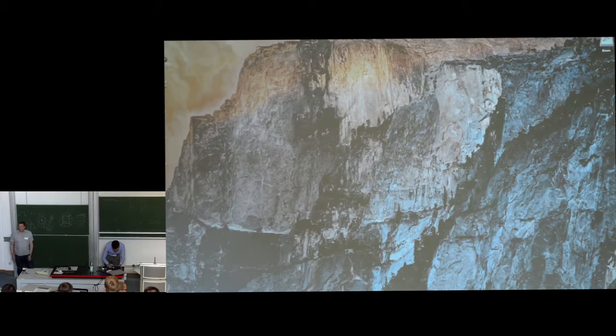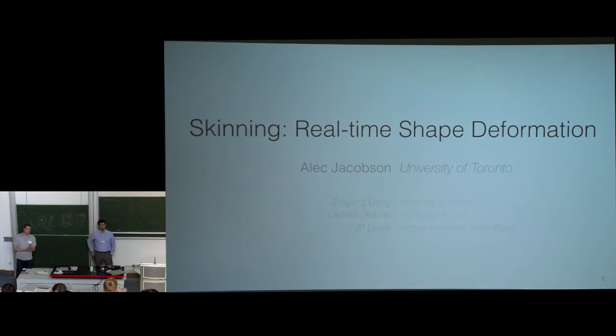Okay, let's continue. The last course for today is given by Alec Jacobson, and Alec Jacobson will soon start as an assistant professor in Toronto. Right now he's a postdoc at Columbia with Eitan Grinspun, and he did his PhD working at ETH Zurich. And one line of his research is addressing interactive shape deformation, and today he will give a course on skinning